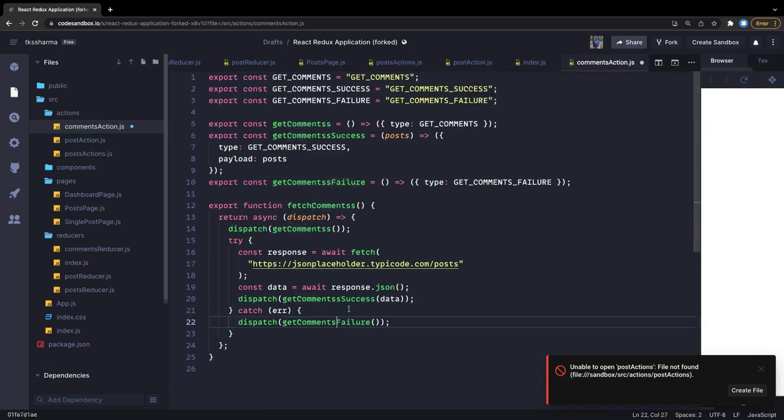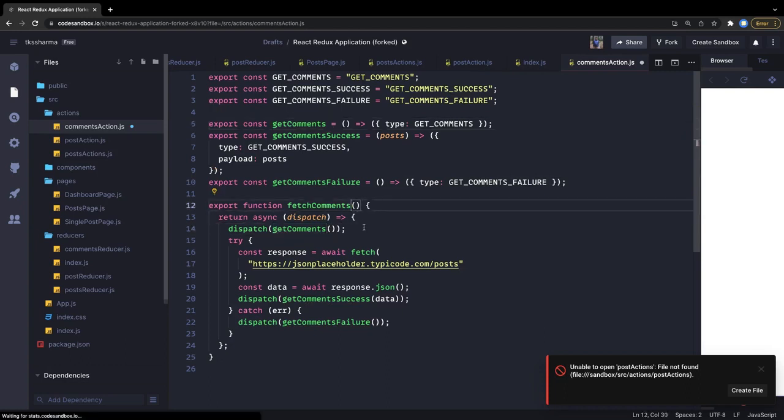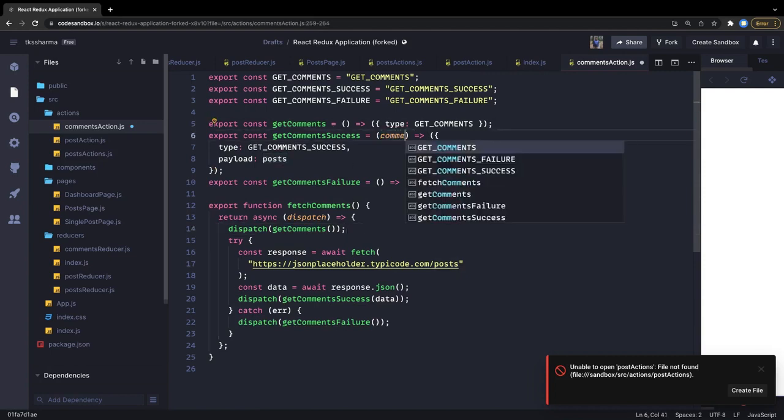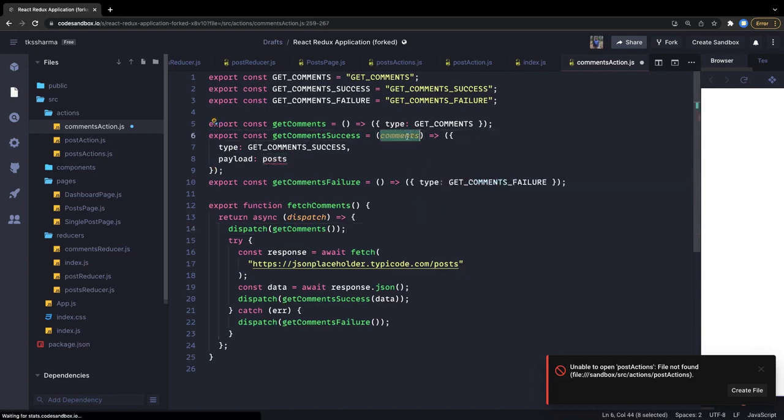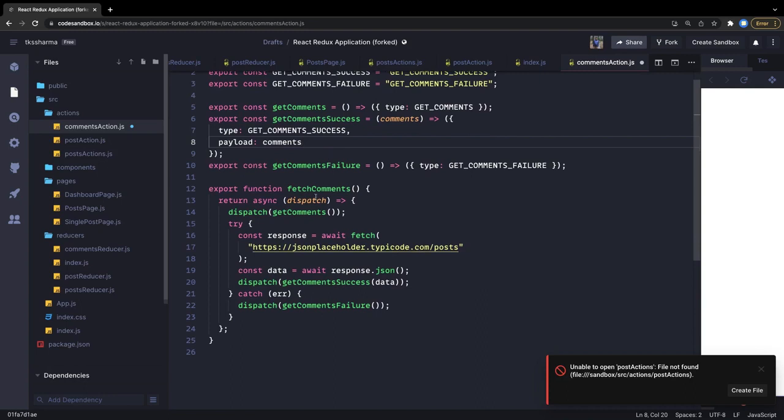I think we have added an additional s, get comment success. Fetch comments. Okay, now this is clear. We got all the comments. Get comment success, failure, get comment, and here instead of this it should be,